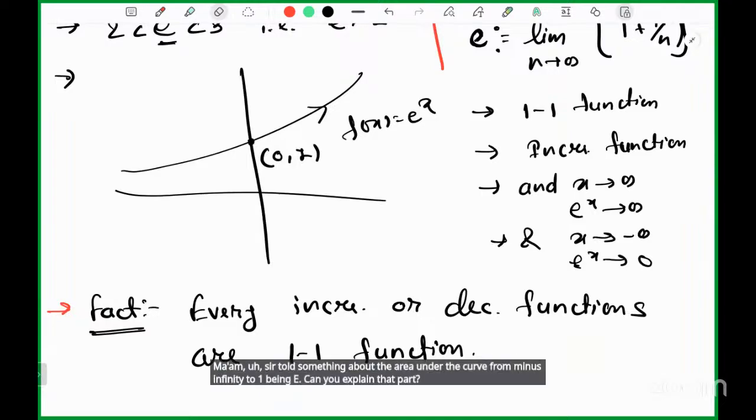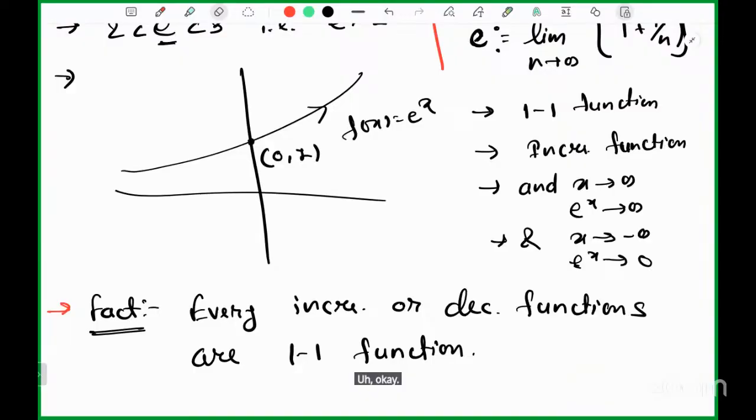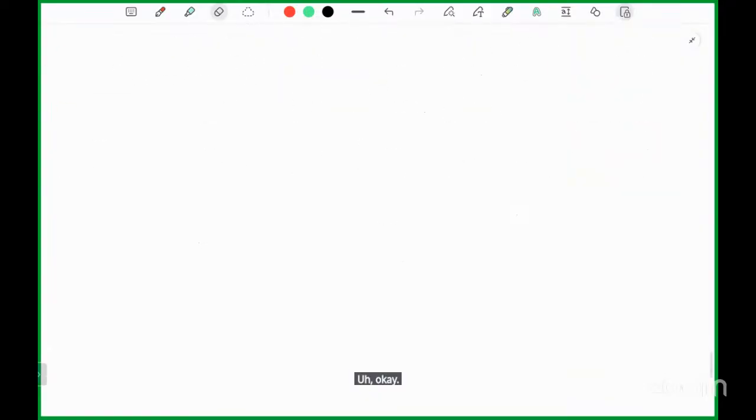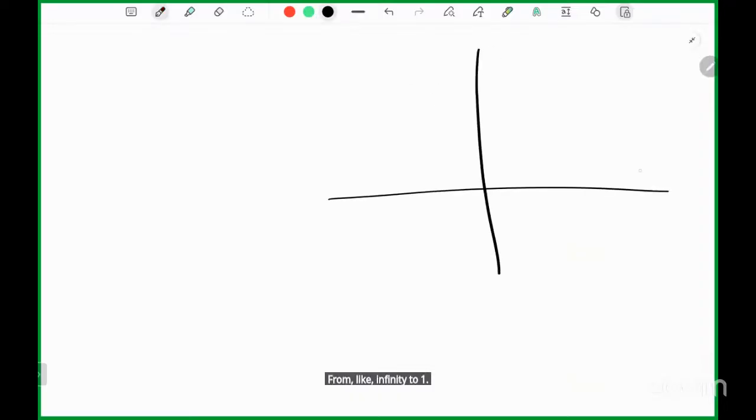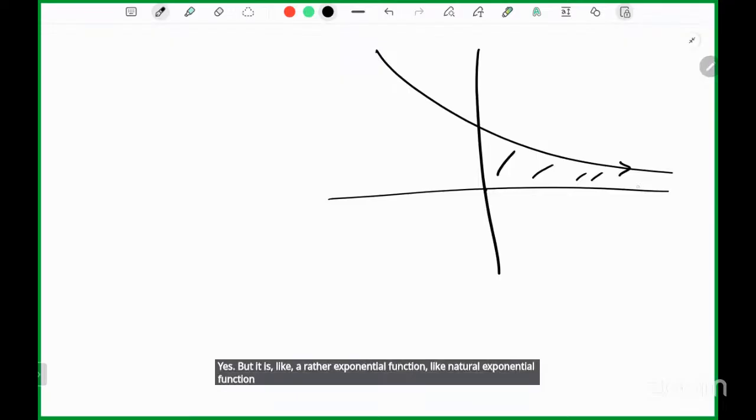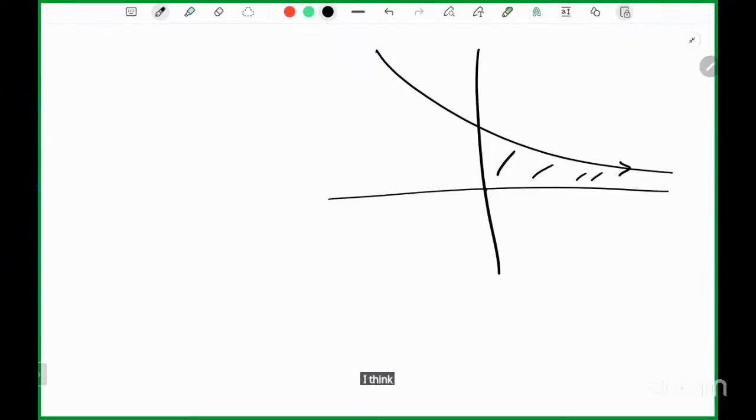Okay. Let's check. Area under the curve, from minus infinity to 1. Is this the area you are talking about? Yes, it is like a natural exponential function from minus infinity to 1. I think it is e. Yeah, so